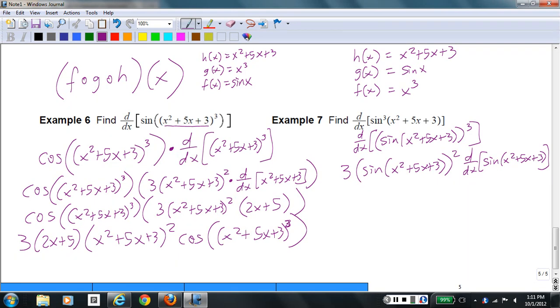So now, derivative of the sine of something. What did we say last time? Last example, derivative of sine of something is the cosine of that something. And according to the chain rule, times the derivative of that something. So copy the 3